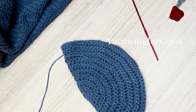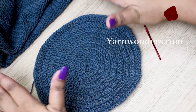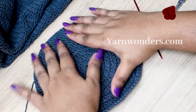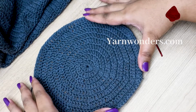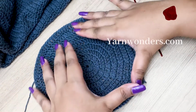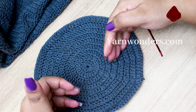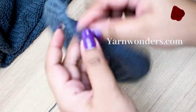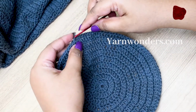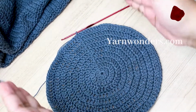Okay, so this is the pattern for any circular pattern that you want to do. This is how you will increase. Okay, so now I got the base that I want, and from here on it's going to be only repeat rows. So when I said you have to round it off to 21 inches on the circumference, it's because when you do the first repeat row, your work is not going to form like this. That is,